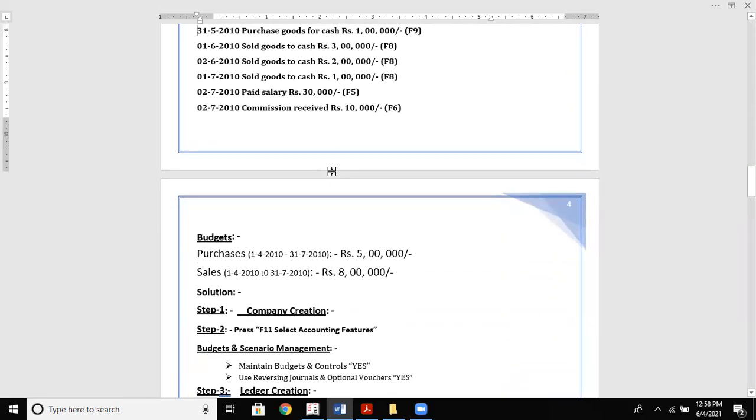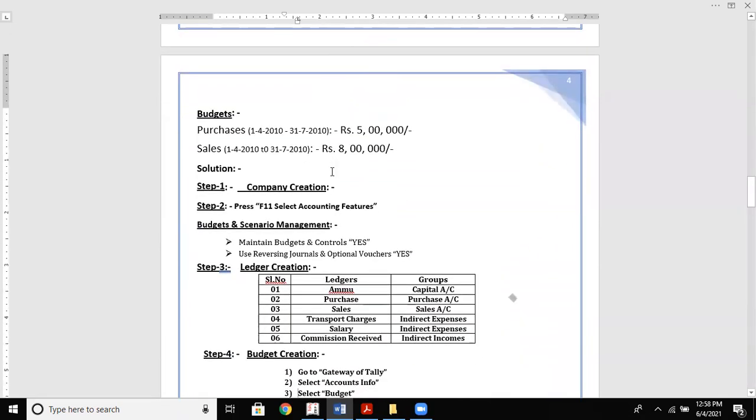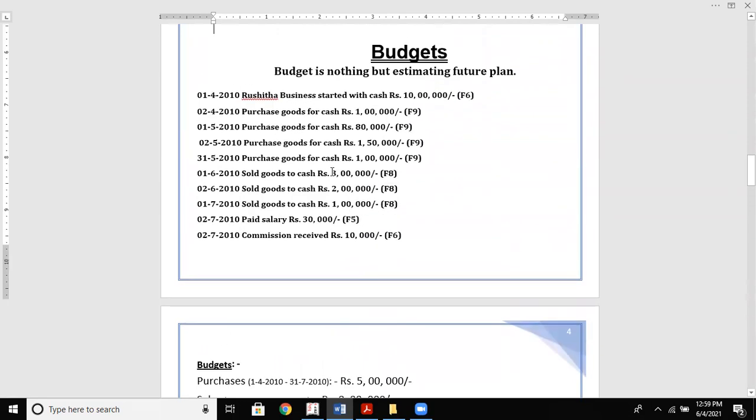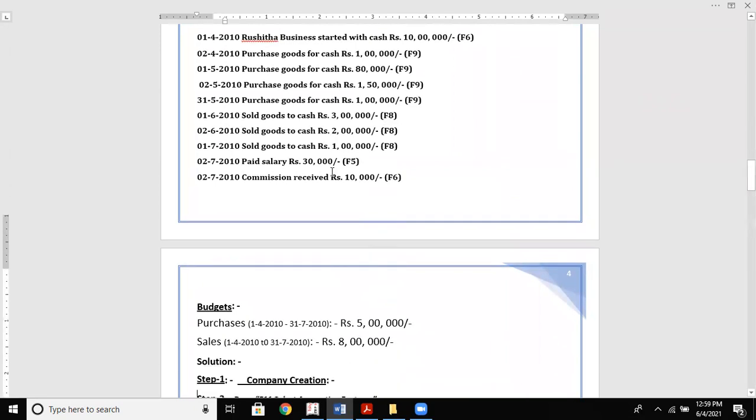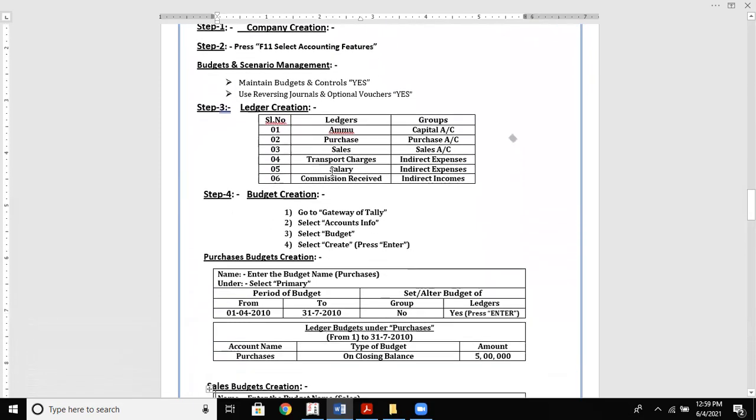Yes. So she paid some transport charges also. Okay. So after ledger creation, then you need to create a budget.